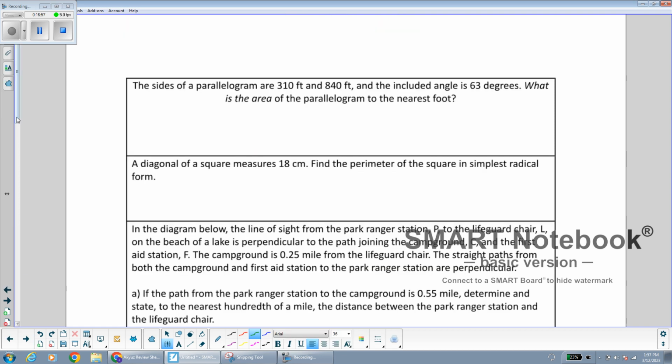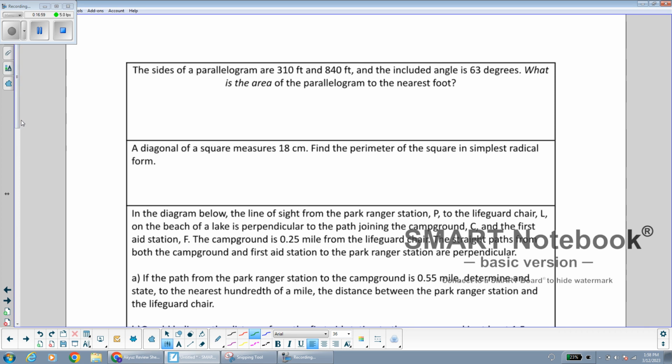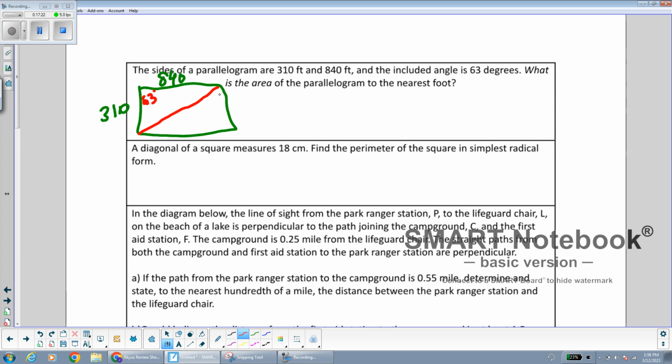Okay. The sides of a parallelogram are 310 feet and 840 feet. So let me draw my parallelogram. 310 feet and 840 feet. And the included angle, that means the angle in between the sides, is 63 degrees. What is the area of the parallelogram? Well, if we draw in a diagonal, we now have 2 triangles. And we know how to find the area of any triangle when we have 2 sides next to each other and the angle in between. We have our new formula,